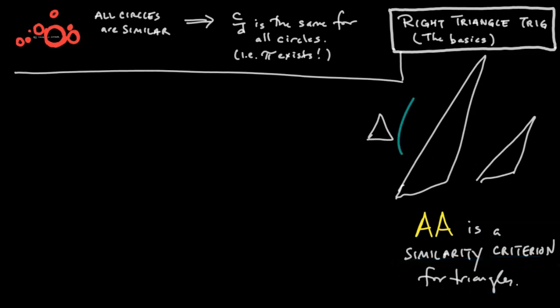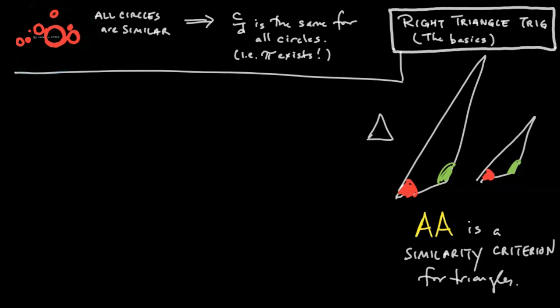In other words, if I have a pair of triangles and I know that they agree on a pair of angles, then in fact these two triangles must be similar. They're just scale models of one another. All their corresponding ratios are equal. Well, that's kind of interesting because that means that the world of triangles consists of lots of different families of